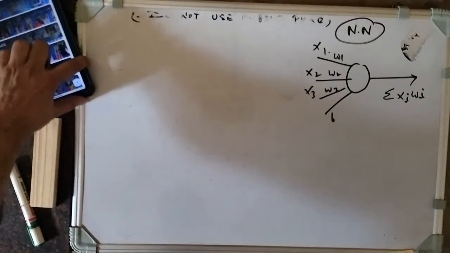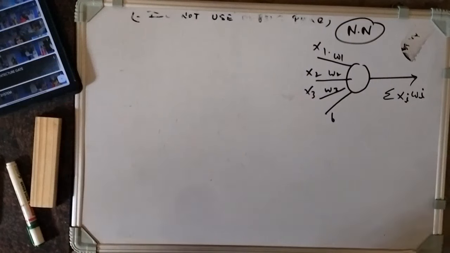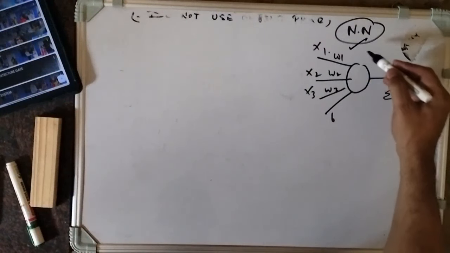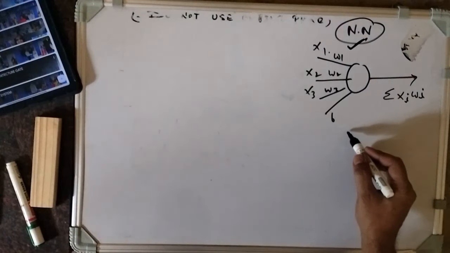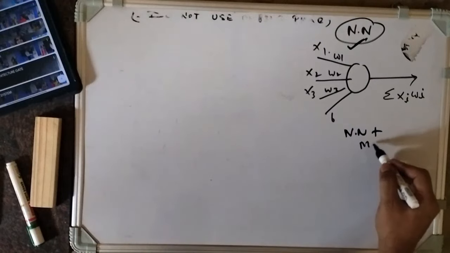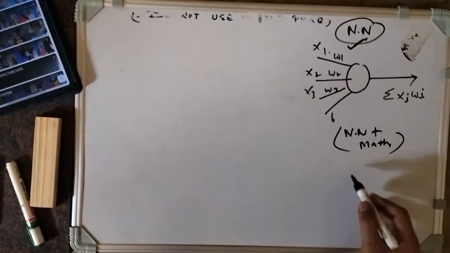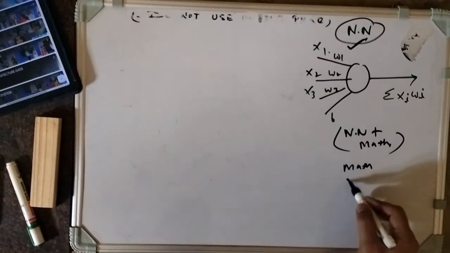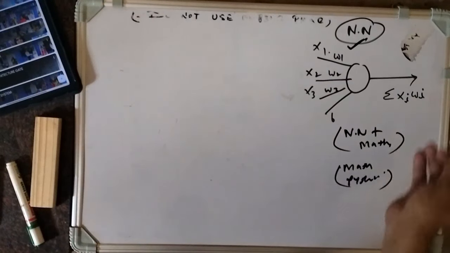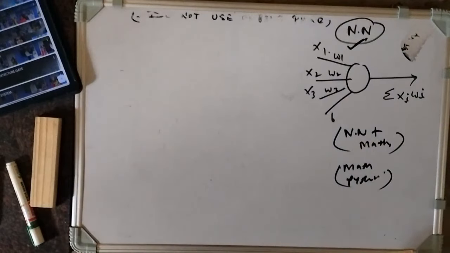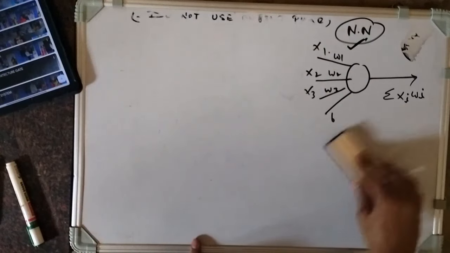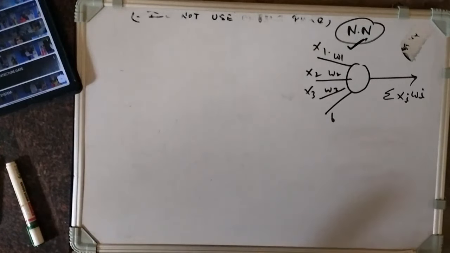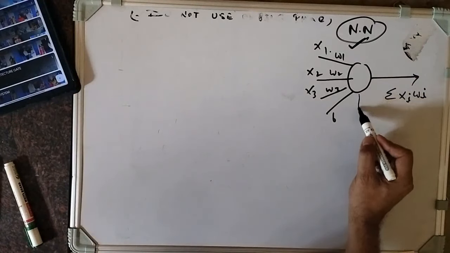So today we will discuss the neural network. Deep learning and machine learning, everything will be easy for you. We will teach you the neural network plus maths, because what I observe is that without maths and Python, it is very hard to understand AI. So first I will start with mathematics plus Python, because Python is written according to the mathematics. Now you can see this is only one neuron.